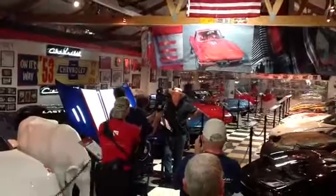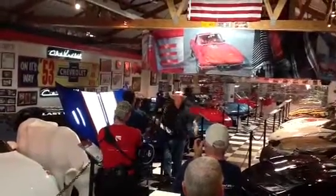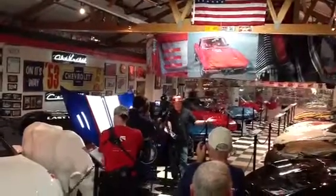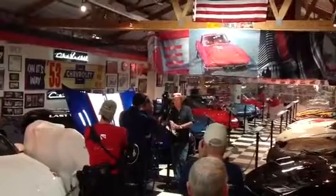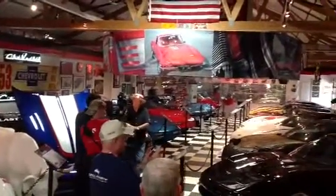Reason it's in here, and I could probably take up an hour of television time and not even get past a couple of cars. But immediately on my left is Serve 4B, and that's what is called a proof of concept vehicle for the